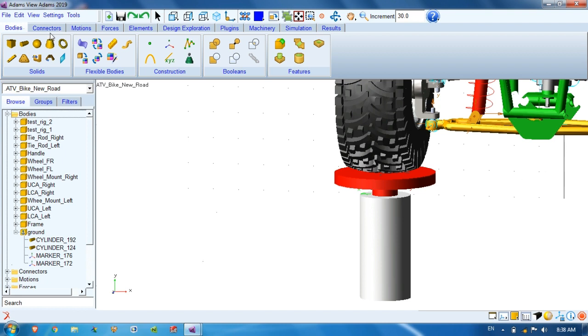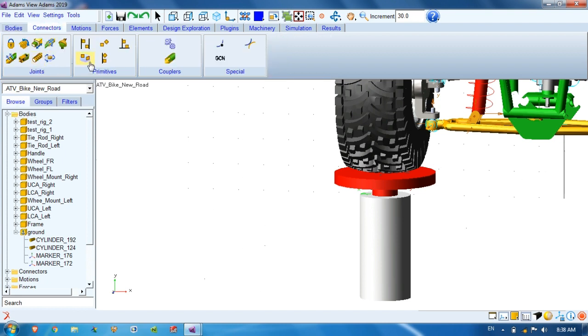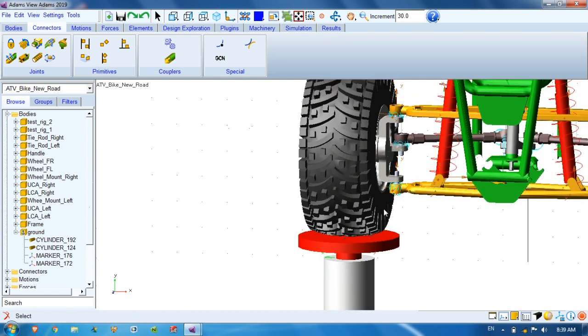If you go in the connector part, there is an in-plane joint. The in-plane joint primitive will be required if you want to keep this body in plane, and also it will be able to rotate. So the tire will also rotate about the vertical axis when the suspension moves up and down. Also it will not lose contact between this test rig part and the tire.